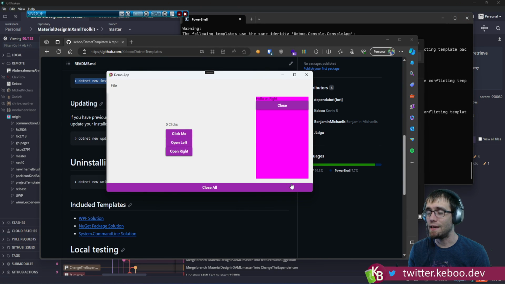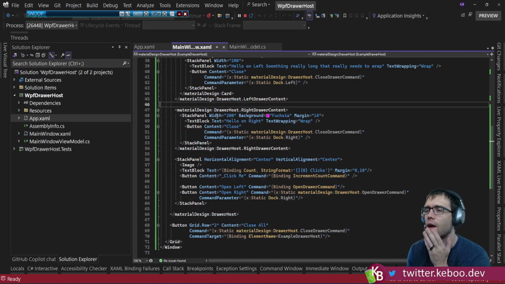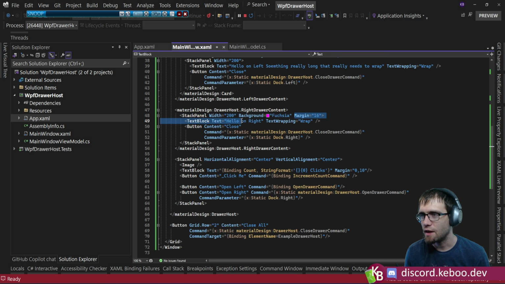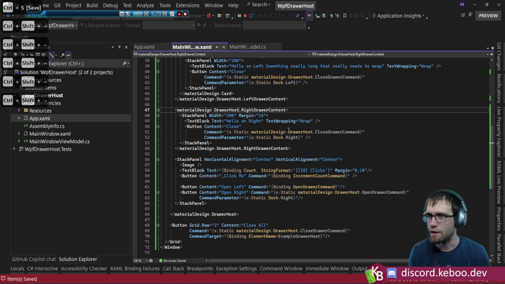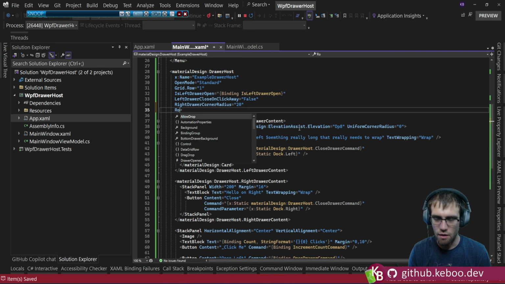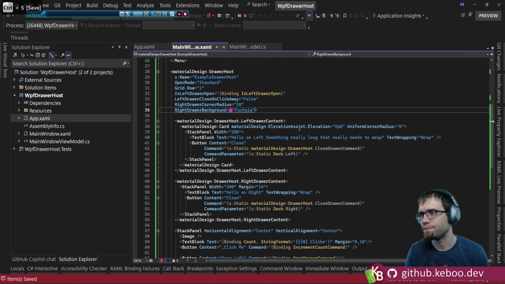Okay, so I'm an idiot, and I will demonstrate what I did wrong. I slapped a stack panel in here and went through and basically drew a box with a background of fuchsia, margin of 16, put some elements in it. The issue that I'm running into is this type of background doesn't let you see the corner radius. Now, if we were to go up here, right drawer background and do fuchsia,